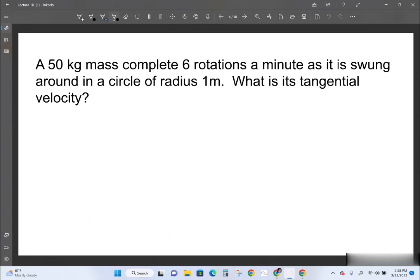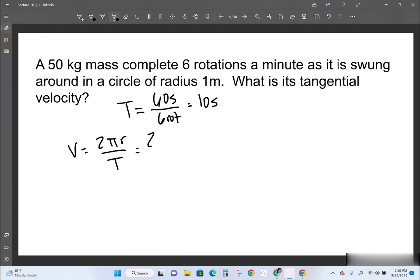So if we took an example of a 50 kilogram mass that makes 6 rotations in a minute, and as it swung around in a circle of radius 1 meter, if we wanted to find its tangential velocity, first let's find its period. Its period is how many seconds it takes for one rotation. Well, we know that it takes 1 minute or 60 seconds for 6 rotations. So one rotation is 10 seconds long. And the tangential speed is just 2 pi r all over T. And r in this case is 1 meter. So 2 pi times 1 meter divided by 10 seconds